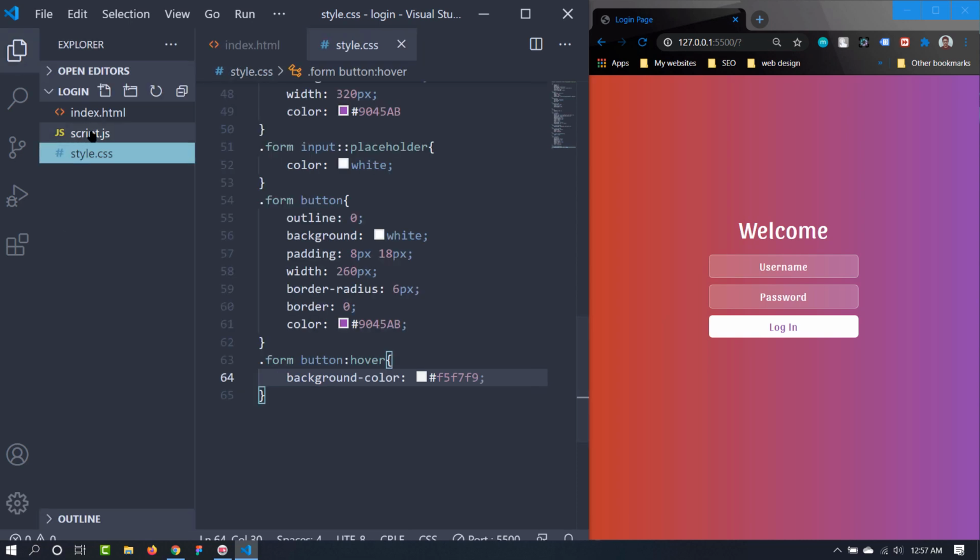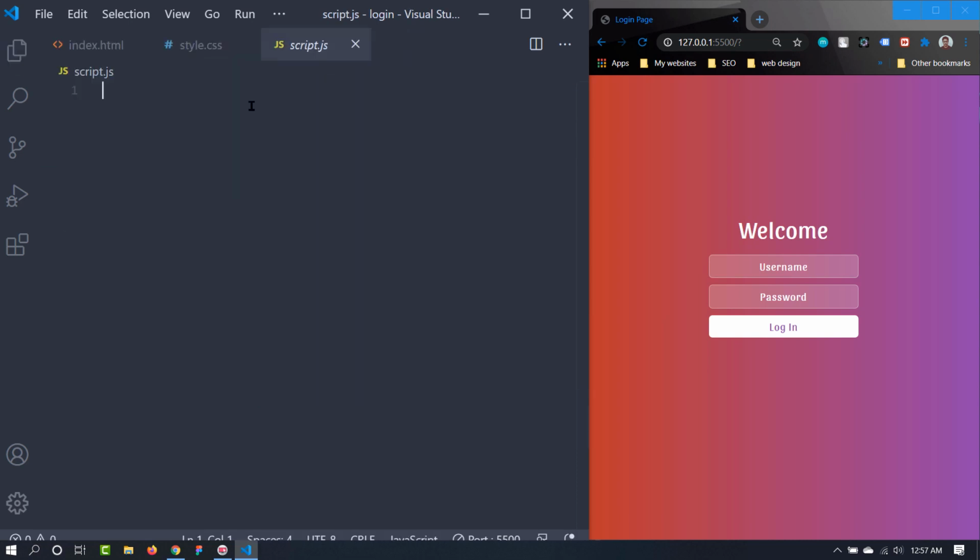Now let's move on to our script.js, and we are actually going to use vanilla JavaScript because we don't need to use a heavy library like jQuery to make this work, because it will make our application heavier. And actually there are so many things available in vanilla JavaScript nowadays in ES6 that we don't need to use jQuery in a small project. We can do it by using vanilla JS.